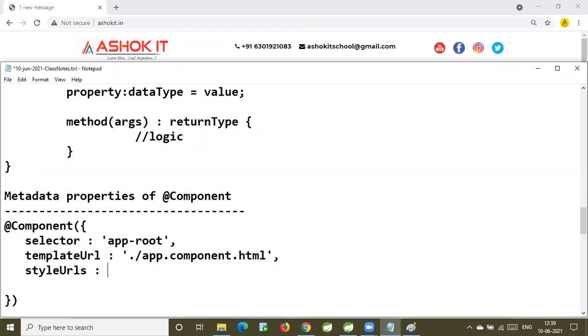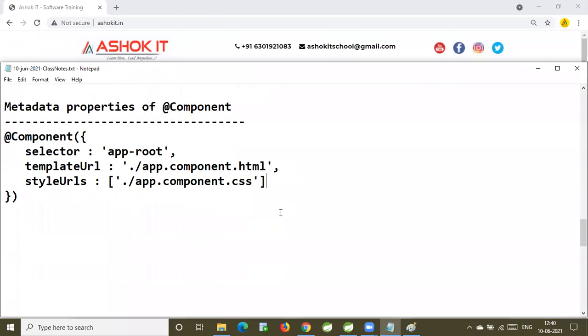Here I'm going to specify one URL, ./app.component.css. You can pass multiple styles also, but I'm passing only one style URL. These are the metadata properties of a component.